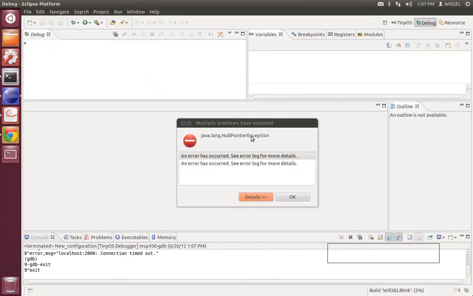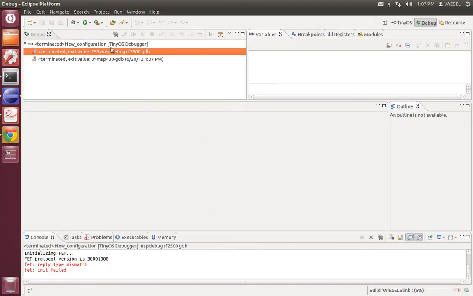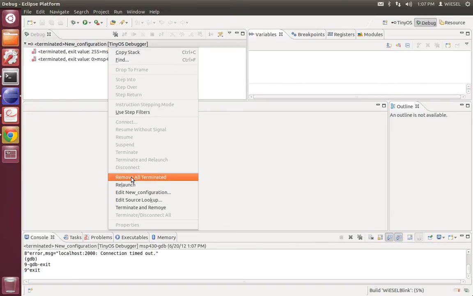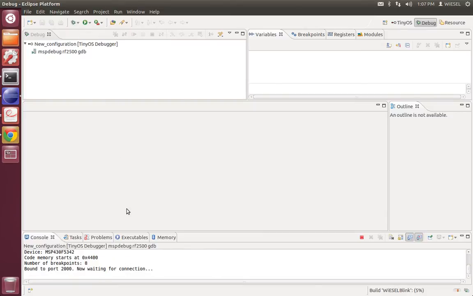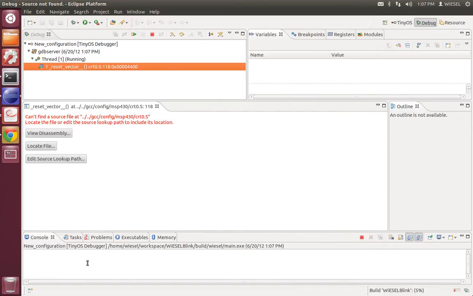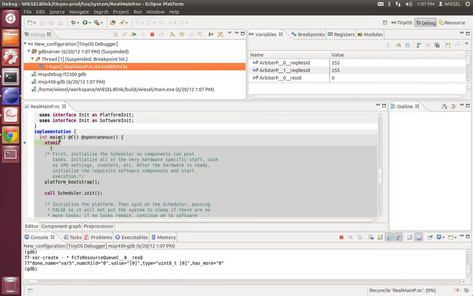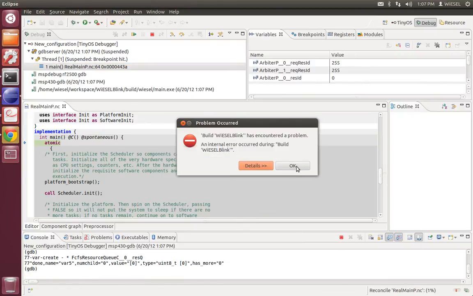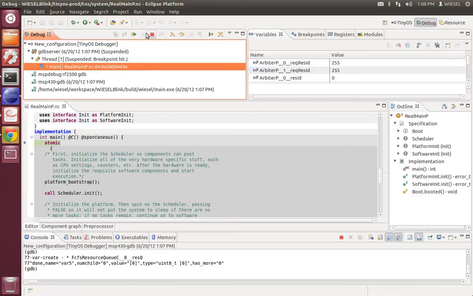Looking at the debug environment. There's some actually running, so let's remove all of them. Start a new session. It's bound to port. It's initializing, and it stopped at main. There we go. This is all we have to do. You can now start debugging. You can run it. You can